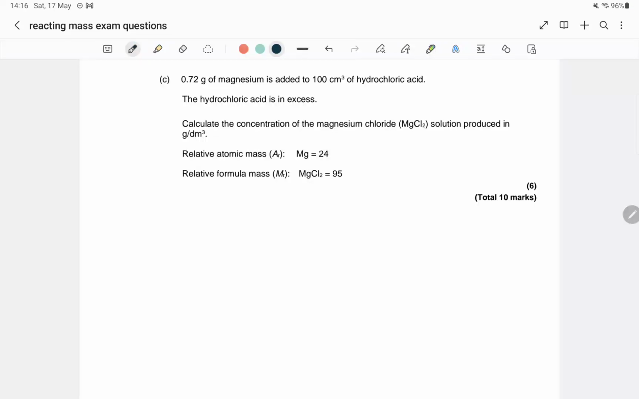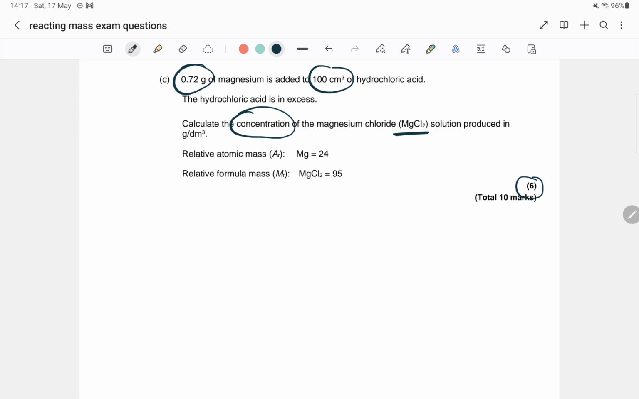Hello, welcome back to another quantitative chemistry video where I'm going to talk through another version of the reactive mass calculation. This one is quite a difficult question. It's worth 6 marks. The reason it's worth 6 marks is it's asked you to calculate the concentration. All they've given you is a mass and a volume of something that is not even the magnesium chloride. So I need to first be able to work out my mass of magnesium chloride to be able to answer